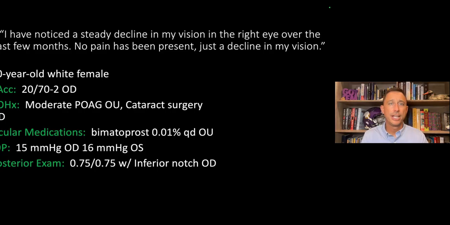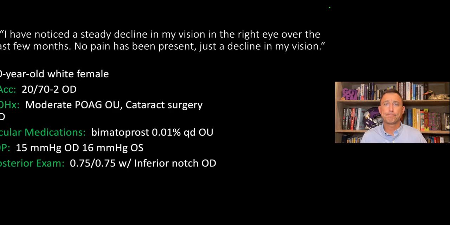So this is a patient that came into our clinic, and they could pop up in your chair as well, that had noticed a steady decline in their vision in their right eye over the last few months. This was an 80-year-old patient. They had mild primary open angle glaucoma. They had cataract surgery. They're on one glaucoma medication. Pressures look pretty good. Posterior exam did confirm that the patient likely had glaucoma, and we're just looking at the